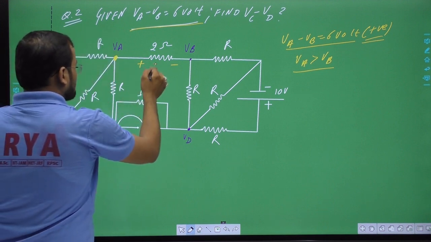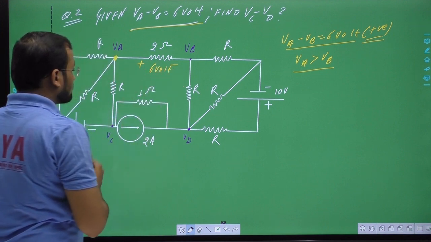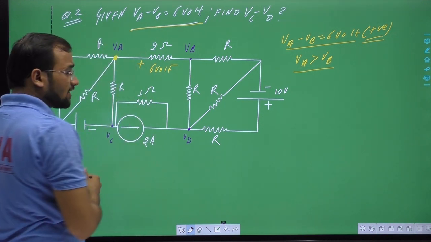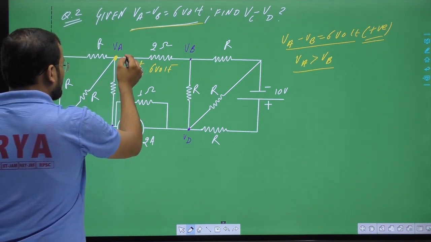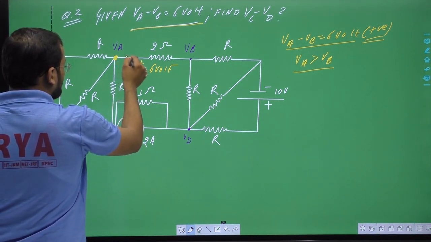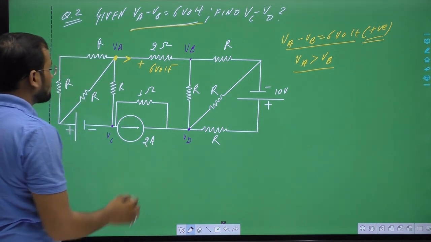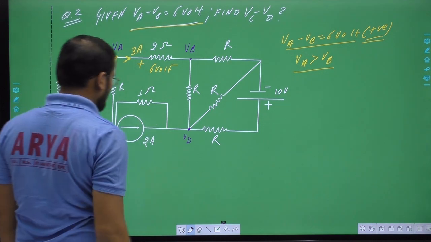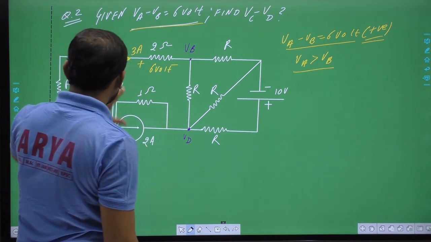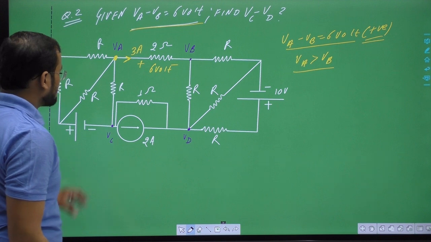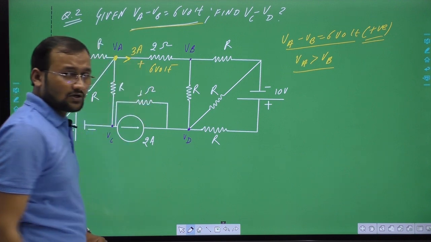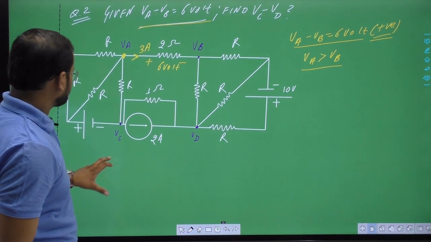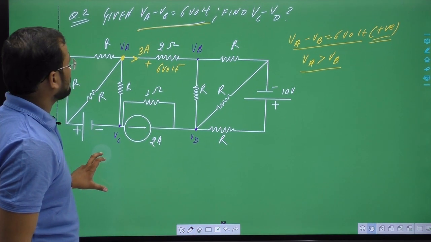If we know the voltage drop across any circuit element and the value of the resistance, then we can easily find the value of current through that element. So what will be the value of the current through that element? I equals V by R. This value will be equal to 3 ampere. Sometimes the circuit may look very typical, but its solution is very easy. So we first have to properly look at the circuit, and then go for solving it.